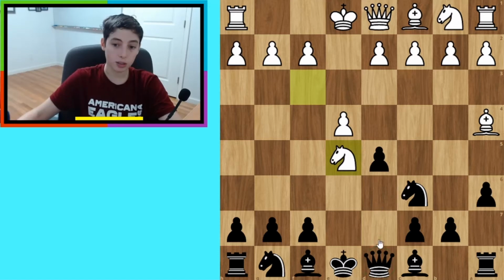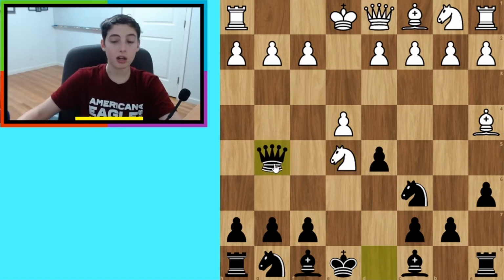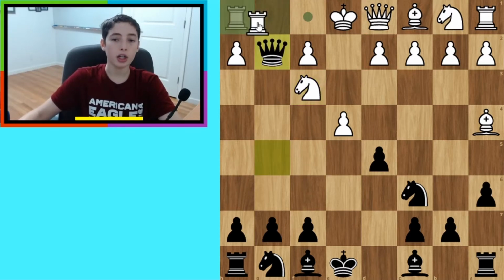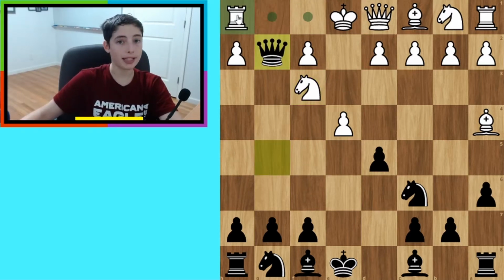Regardless, black has to do something, so you can try a move like this, trying to win the knight, or at the very least win the pawn back, but it doesn't really work, because after the knight simply moves back and you gain the pawn, you can see the idea of tempo coming into play, which I actually made a